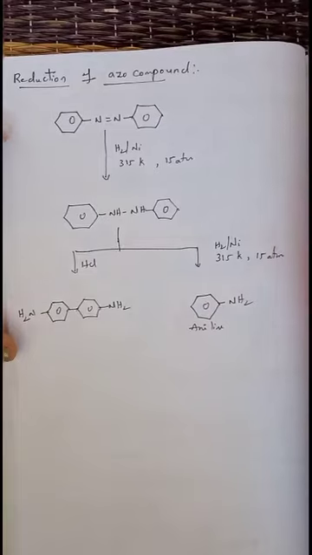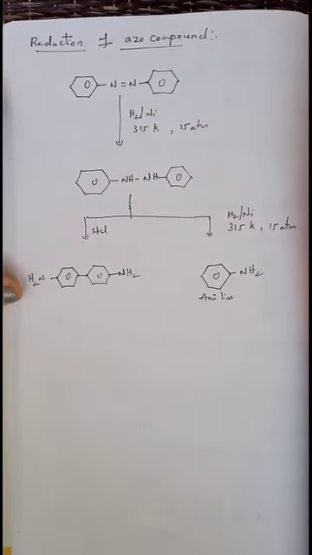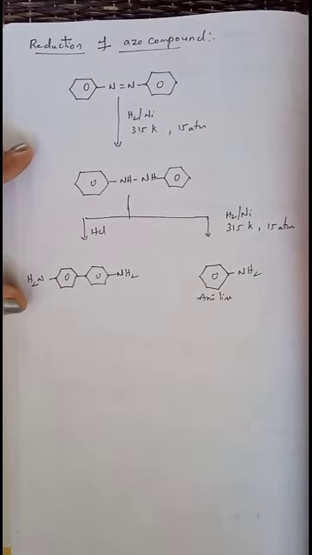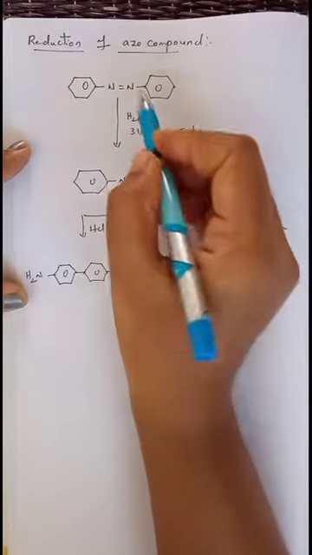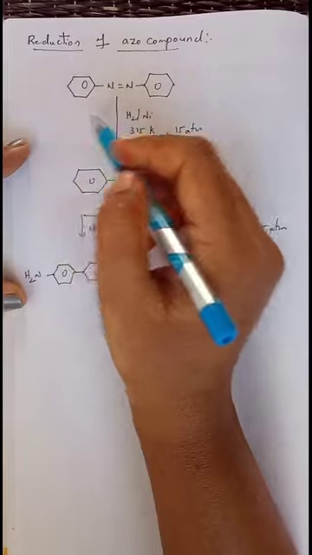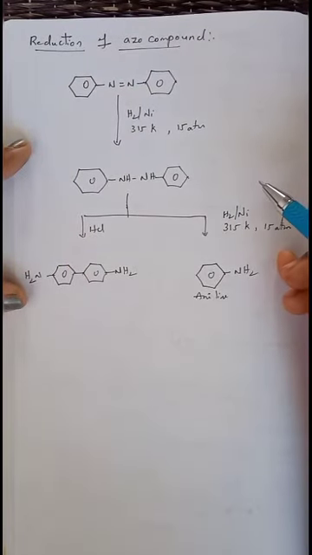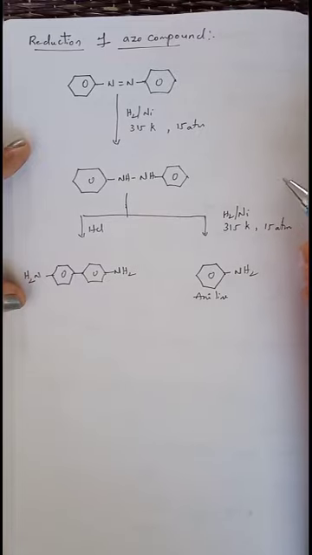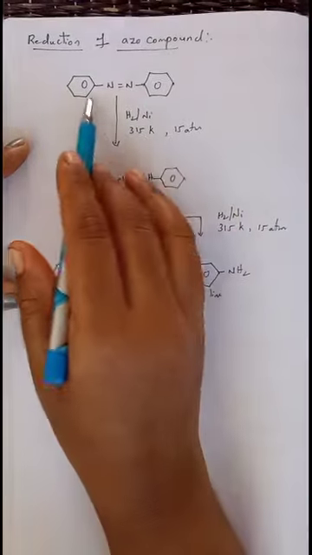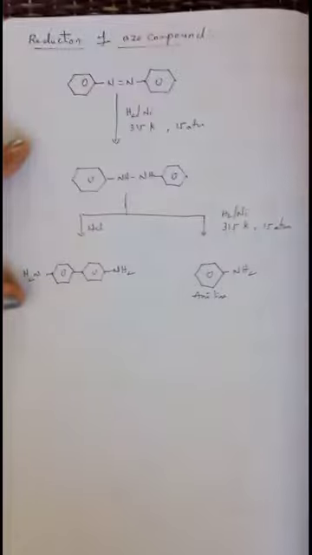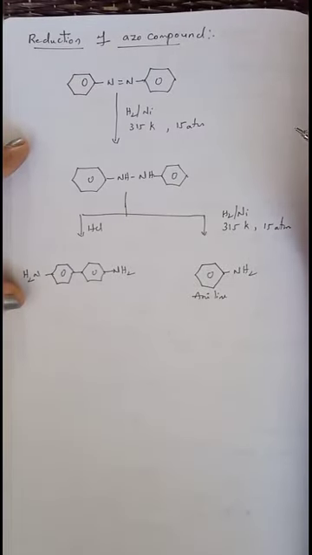So here is another method to prepare aniline by using an azo compound. Okay, when you reduce an azo compound, again it can be converted into aniline. This is called an azo compound. When this azo compound undergoes reduction, reduction is nothing but addition of hydrogen or removal of oxygen. Anyhow, there is no oxygen in the azo compound, just addition of hydrogen will take place at high temperature and pressure, and finally it converts into aniline.